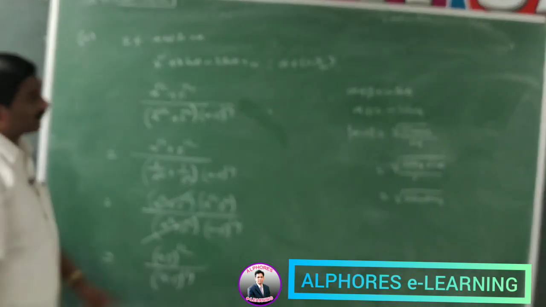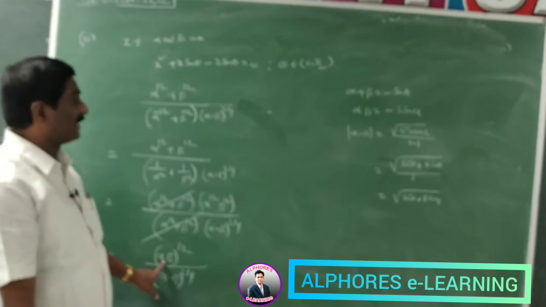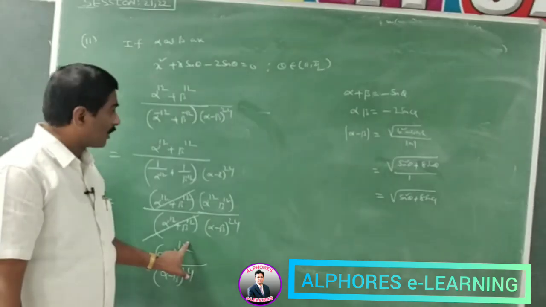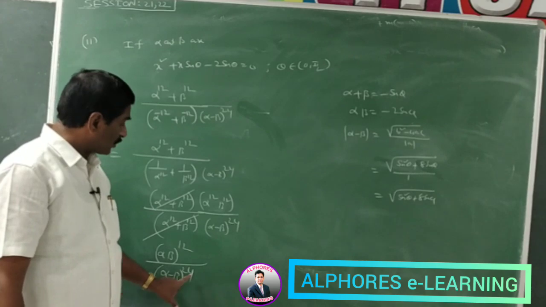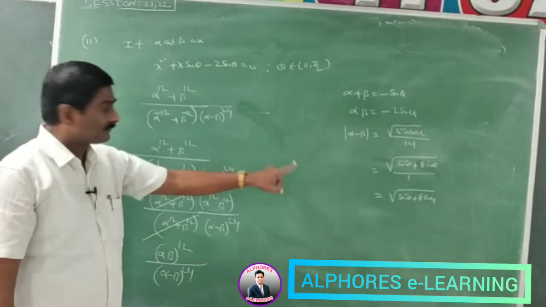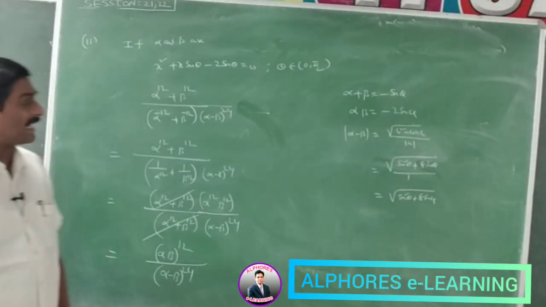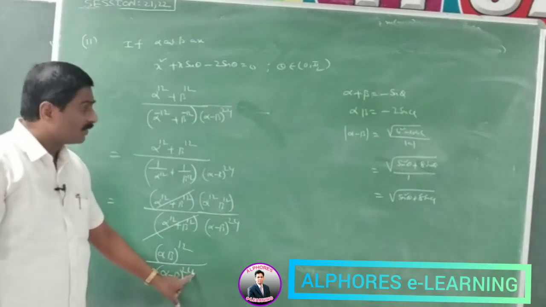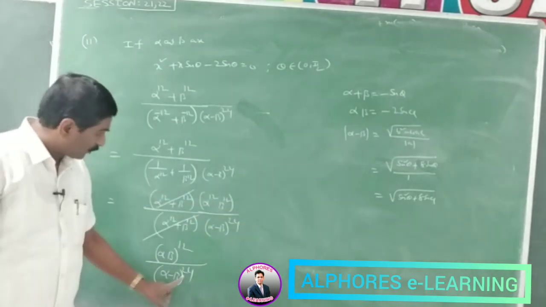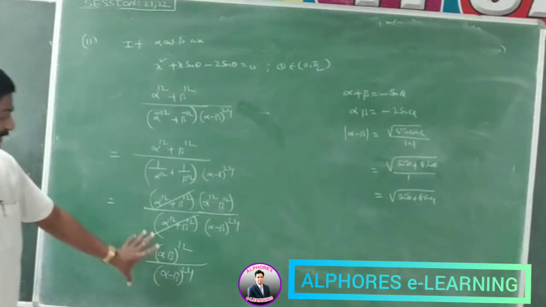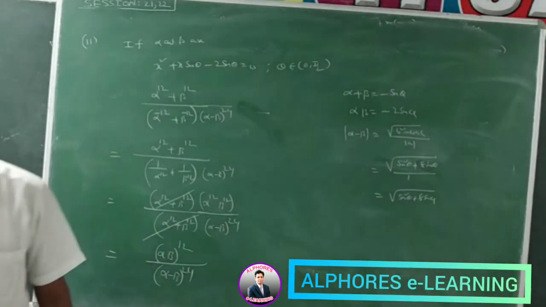Already we find the value of alpha beta. What is the value of alpha beta? (Minus 2 sin theta) whole power 12 by, what is the difference of the root here? Even power, so mod eliminate. So (alpha minus beta) whole power 24 means (sin square theta plus 8 sin theta) whole power 24. Root 2 cancel 12 times. Okay. Please simplify this value. Next.